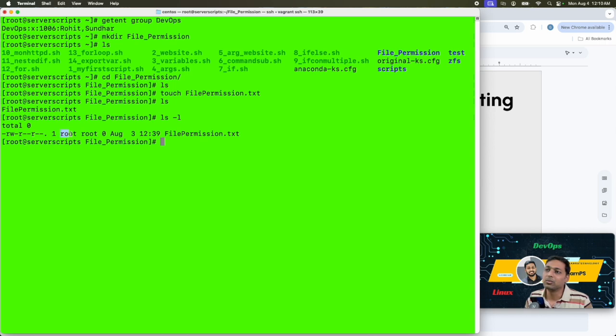Okay, so who is the user? Root is the user, and what group does the root user belong to? Root. When was the file created? August, 12:39. It is in mountain time, so it shows 12:39. The file name is file_permission and the extension is txt. Now we need to change the permission of this file, so that the root user, along with the group that root belongs to and